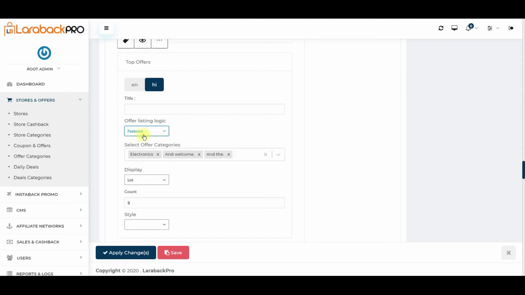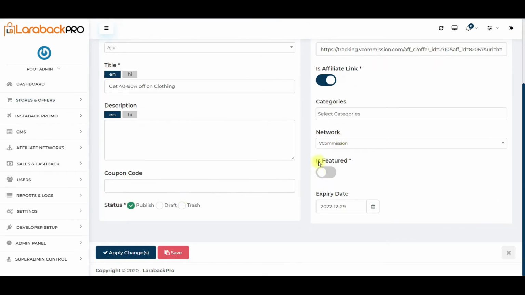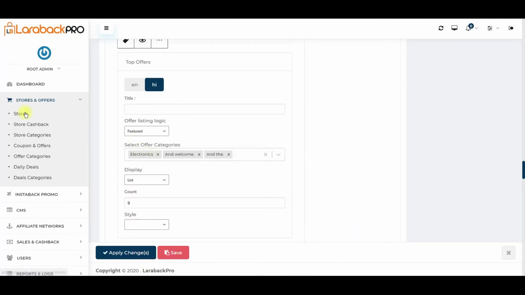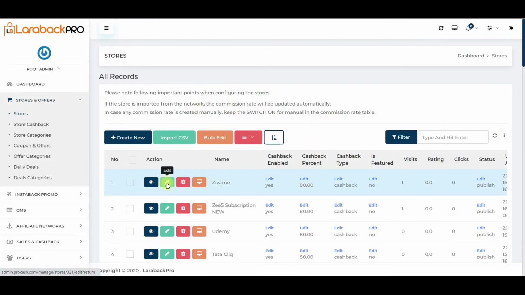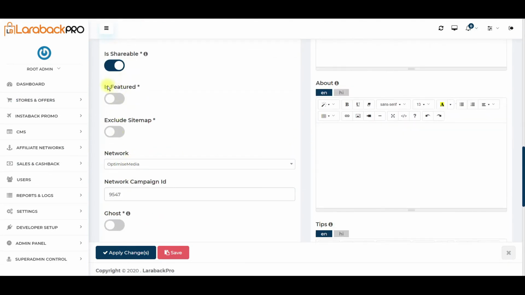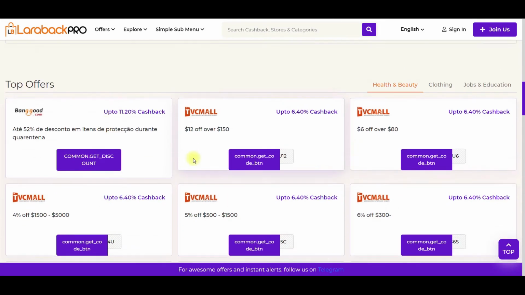And if you have checked featured, then for all the categories it will show offers which are marked as featured, and that setting is available at each coupon level. If you open any particular coupon, is featured available. So if you switch it on and save it, this particular coupon will be marked as featured. Another precondition is it should not have been expired, then only it will show up. Same setting is available at each store level for the featured also. So you can click here and you will find an option is featured. So this option has to be switched on, and then only it will show up under the top stores.